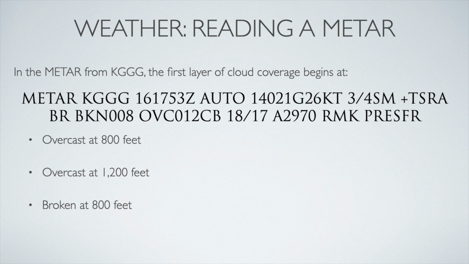Now remember, these are always going to follow the exact same pattern. You're going to have the name of it, it's a METAR, that's the type of report. You're going to have the station identifier, which is KGGG here. You're going to have the date and the time of report, which is the 6-digit number there, plus the Z at the end for Zulu. You're going to have any sort of a modifier, and here the modifier is AUTO, which means it was automatically generated. Next is going to be wind, then visibility, then you're going to have your weather